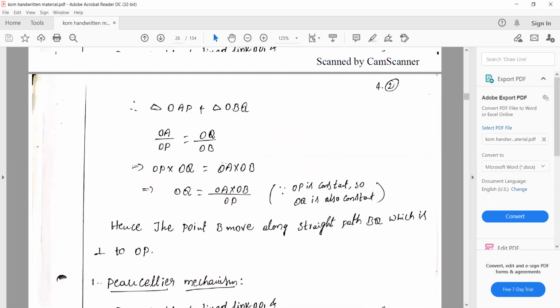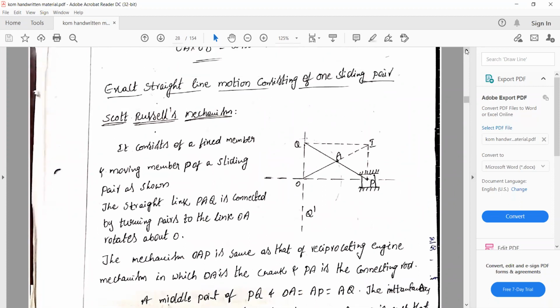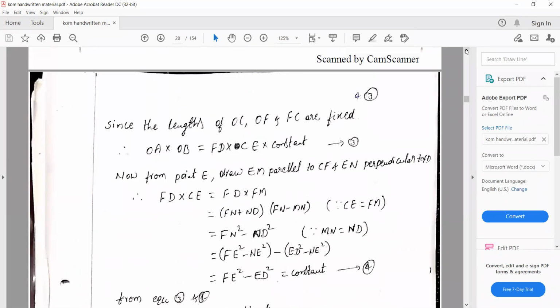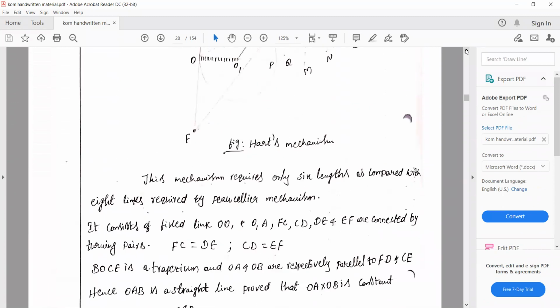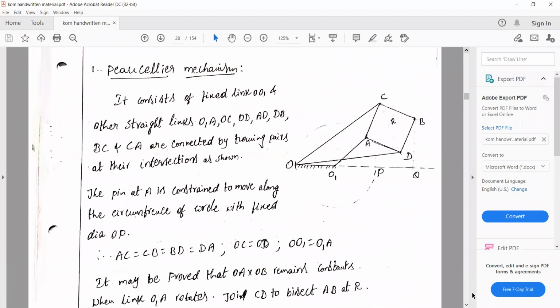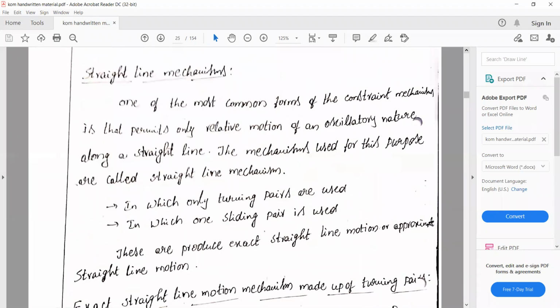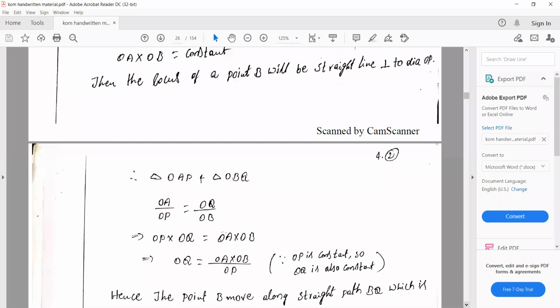Now coming to the second unit. What are the most important topics in our second unit? That is the pantograph. We already told that. How are we using the pantograph? The pantograph does one thing: it reduces or enlarges the scale of our original diagram. That may also be done with the help of a pantograph.